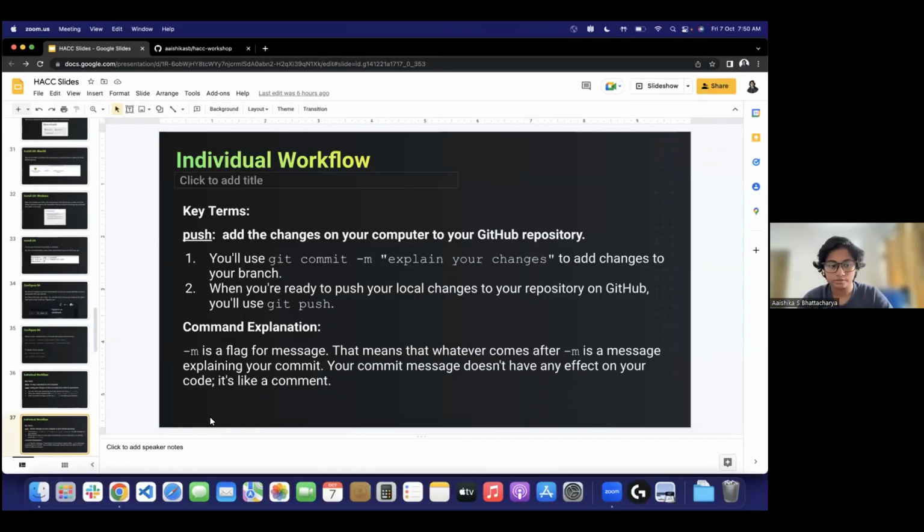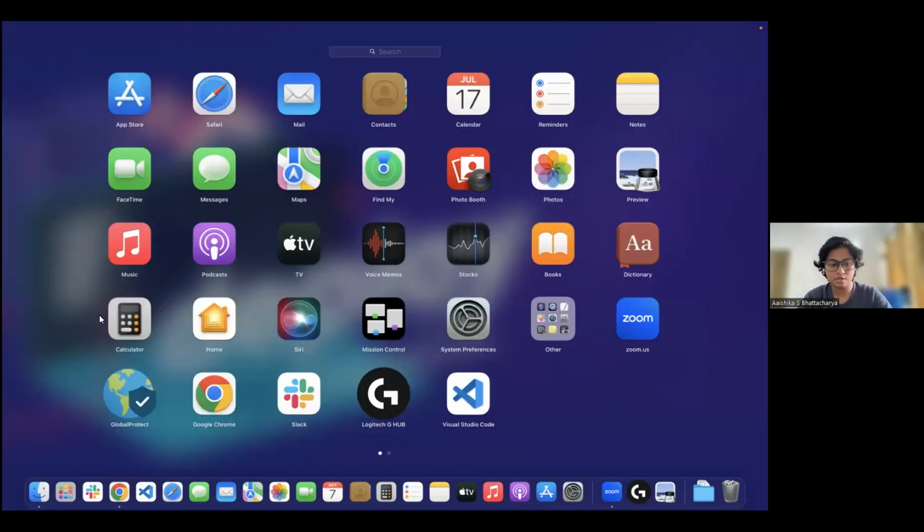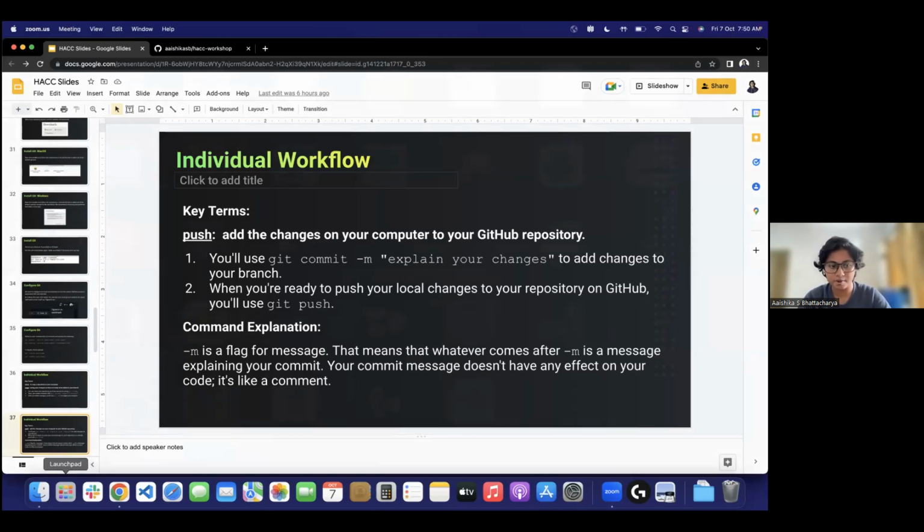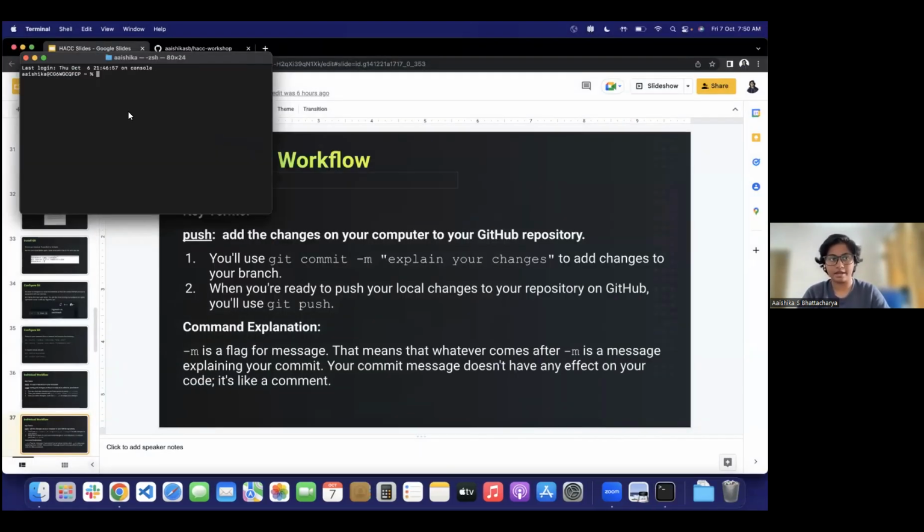I'm not sure if I'll be able to show you the entire thing. I think I can. So I hope my whole screen is visible right now. All I need to do is go here in Launchpad and type terminal, and this would give me access to the terminal. Now if I type git --version here, you can see the version of Git that I have on my system right now. So whenever you want to access terminal on macOS, simply head over to Launchpad, type terminal or find terminal, whichever works best for you. And that's how you can access it.